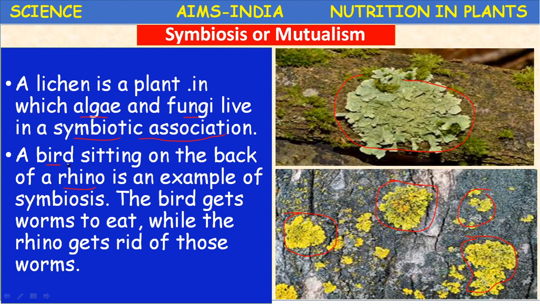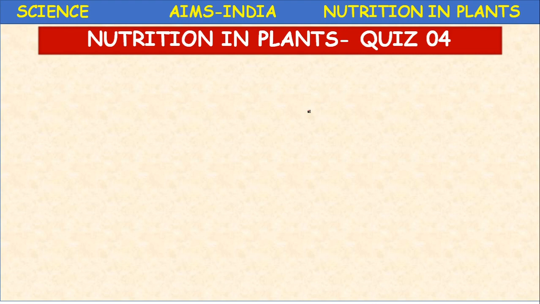The algal thallus and fungal thallus combine to form the lichens. Okay, these are the lichens. So let us proceed. This is today's topic, about symbiosis and the insectivorous plants. So let us test our results. Children, while answering these questions, if time allows, make a note and write these questions in the form of fill in the blanks, so that you can easily revise some concepts.